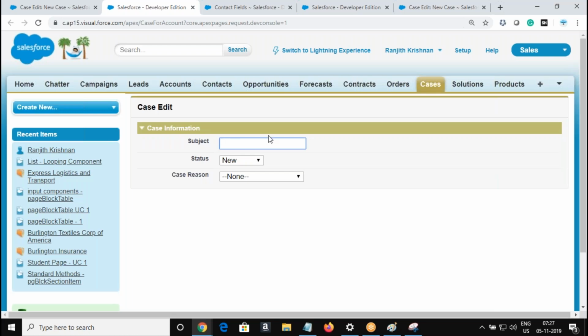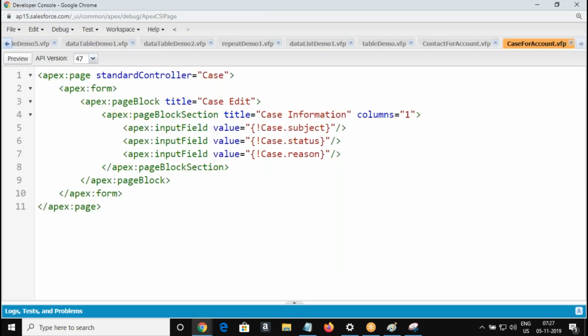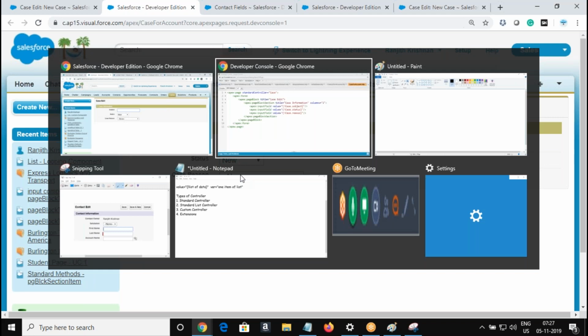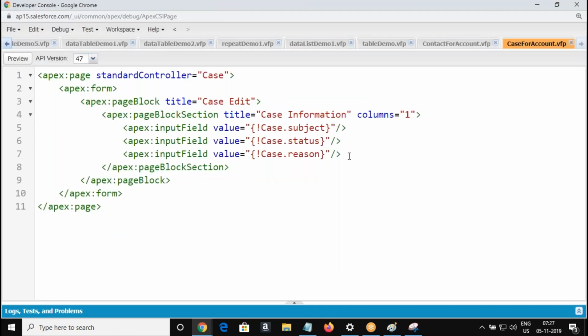So this is how I bring the case. Now, how do I bring this field? First, the contact lookup field.